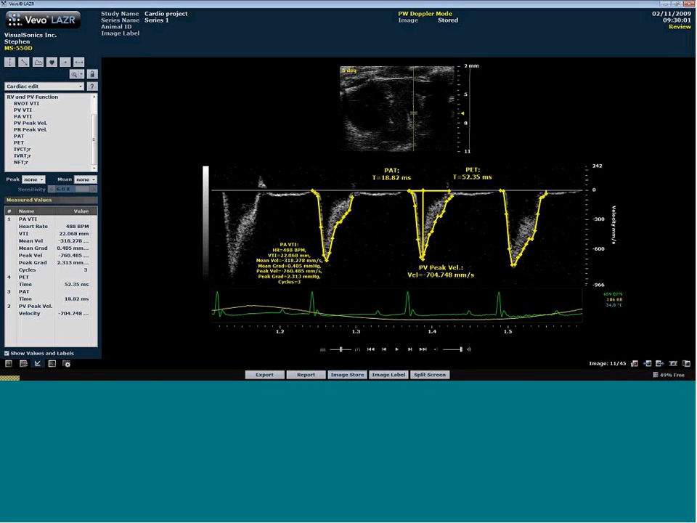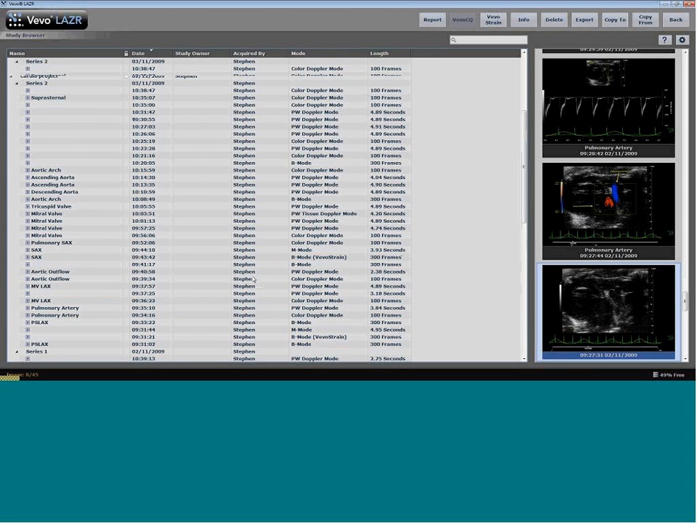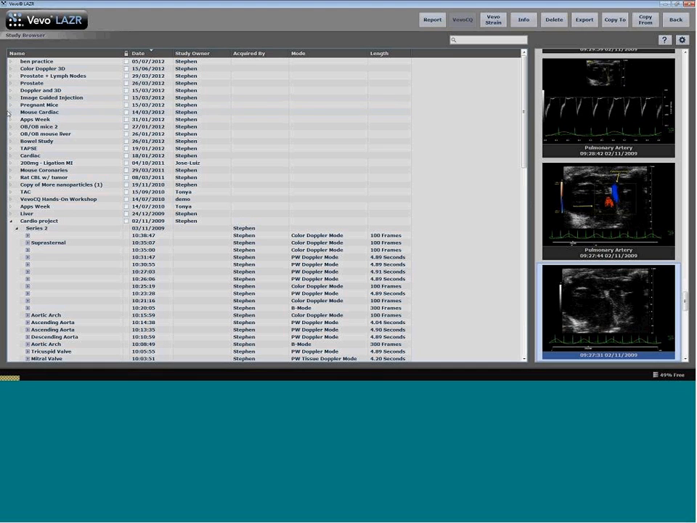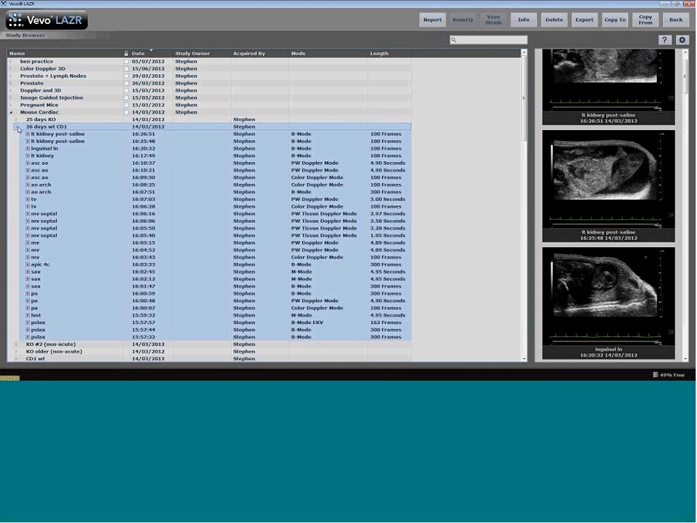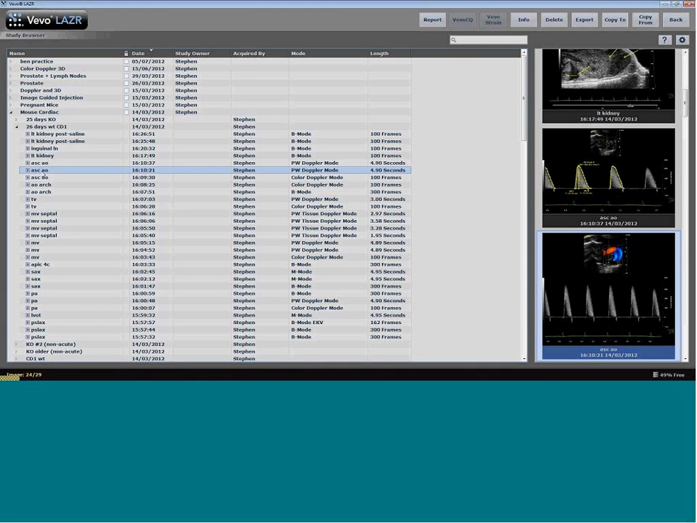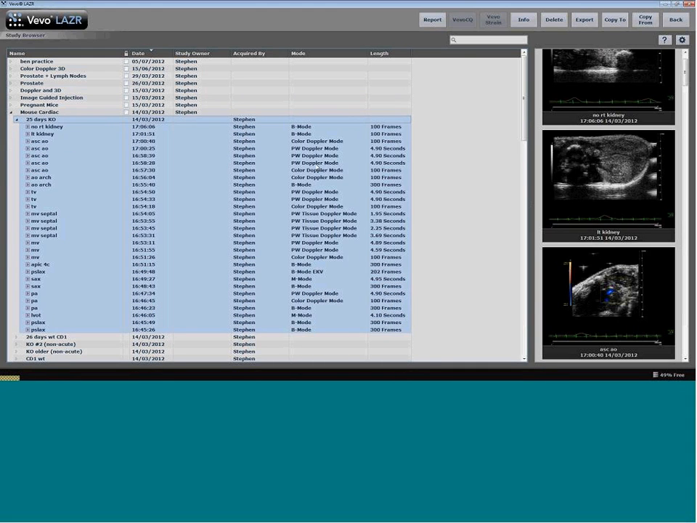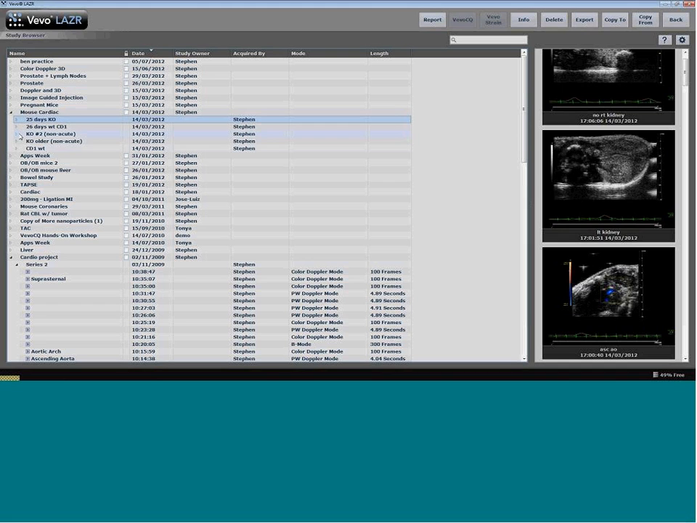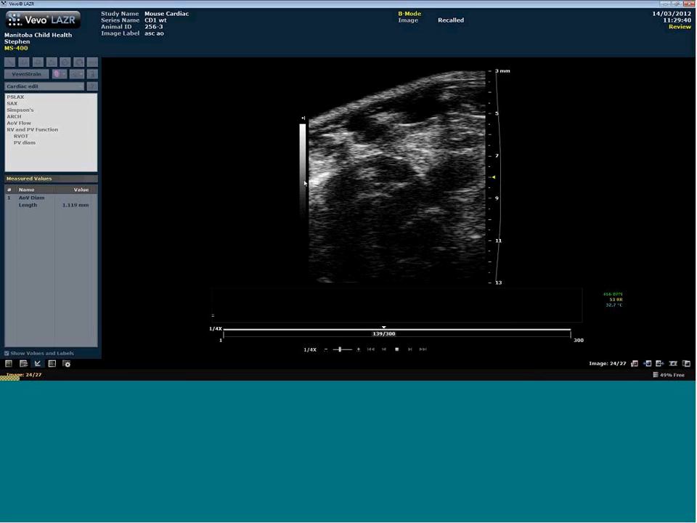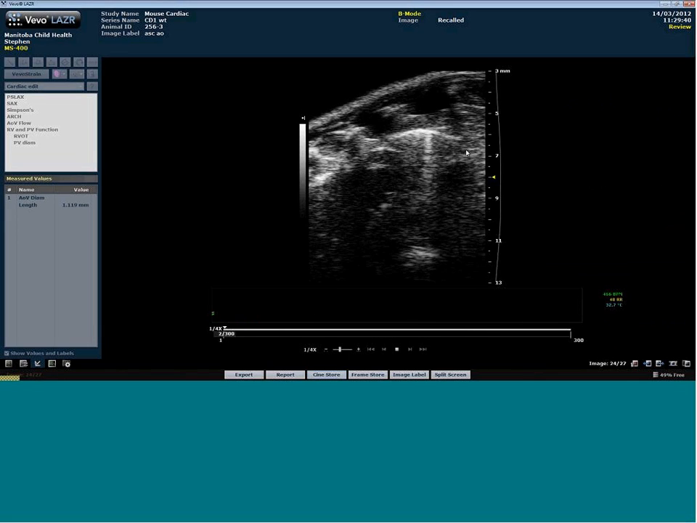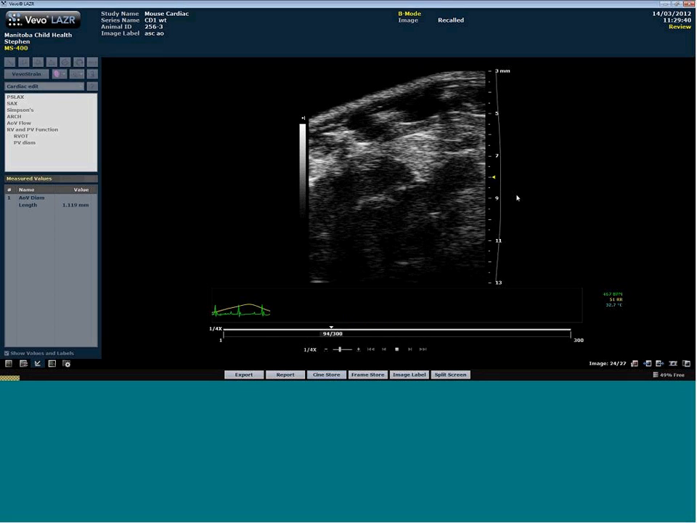I don't think I have any pulmonary hypertension images, but I probably have ascending aortic images that I can show. Yes, I do. Actually, I don't like that one. Let's look at ascending aorta mode. This is a suprasternal view, and again, the different views, the long axis, the apical four-chamber, the